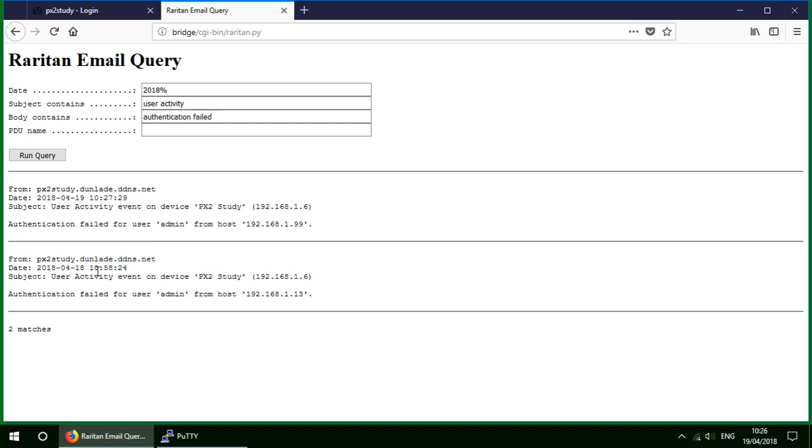Best approach, make them quite talkative to begin with, and then once you think, well, actually I don't really want to know about these bits of information, you can filter down what the PDUs actually send out by altering the events and all that sort of stuff. But anyway, I think that shows you